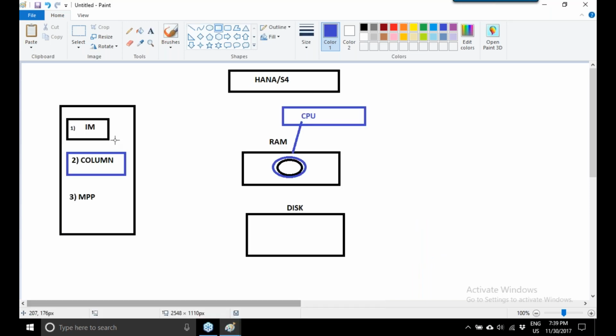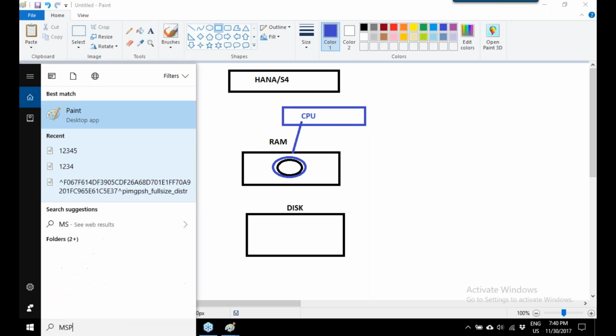I was trying to explain why in-memory, why column orientation, and the third one is parallel processing. Now, how can parallel processing help in extremely high performance on the new platform? So what does parallel processing do? Let me explain.